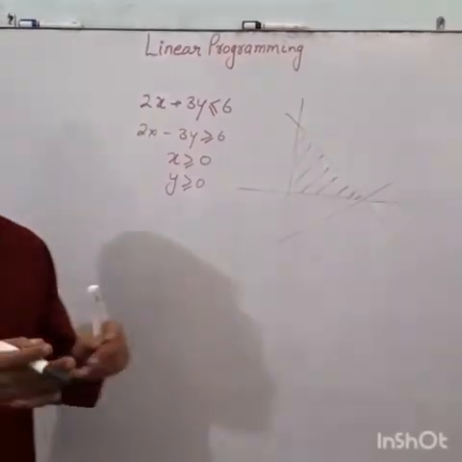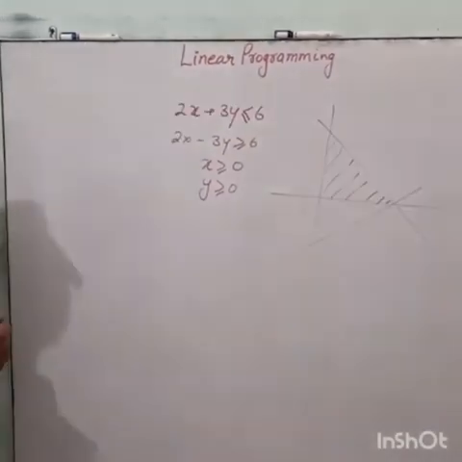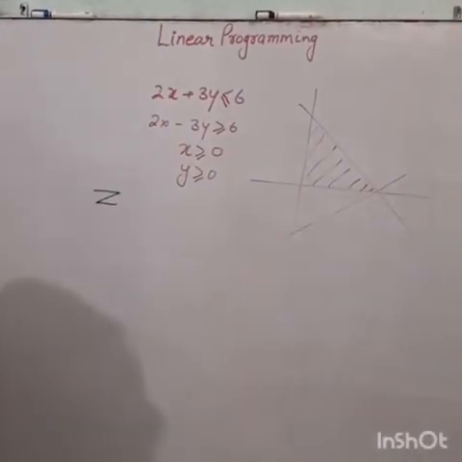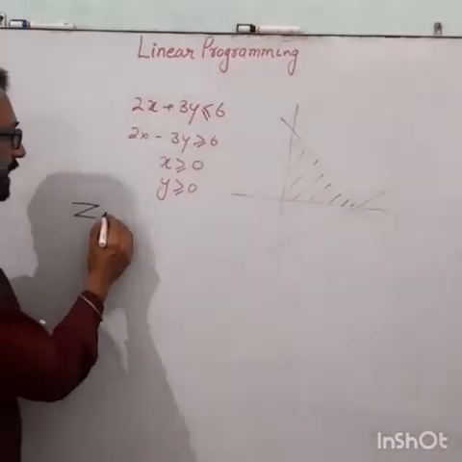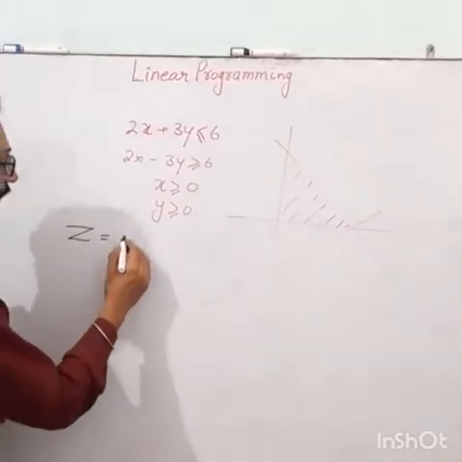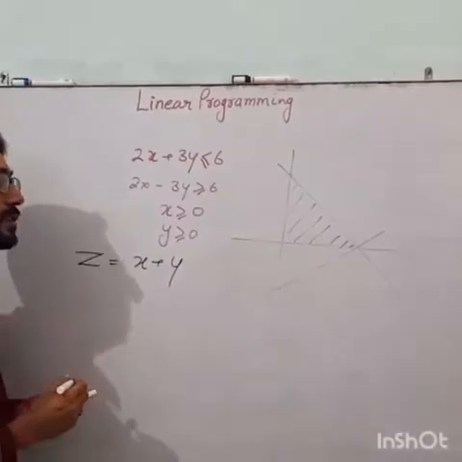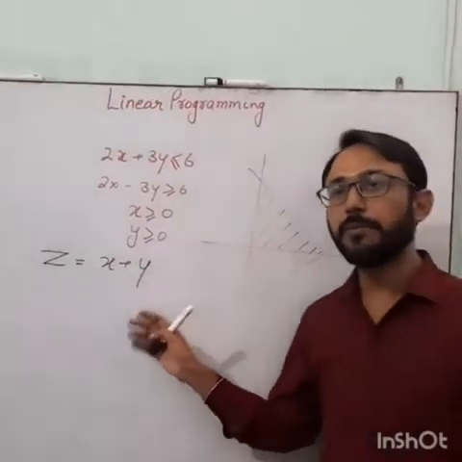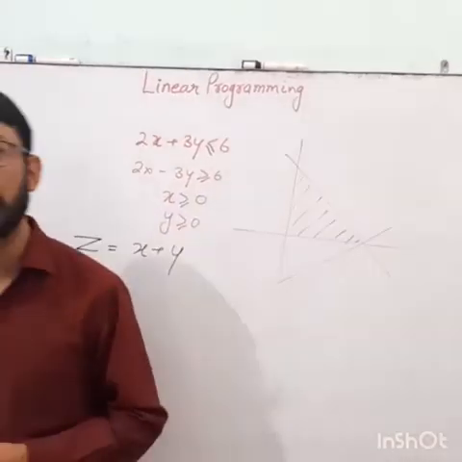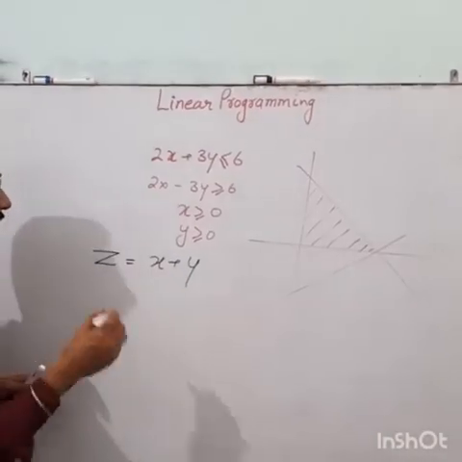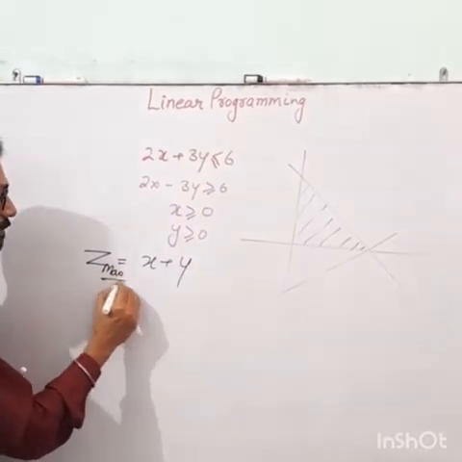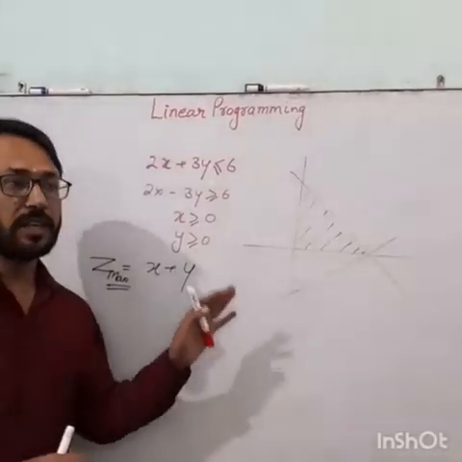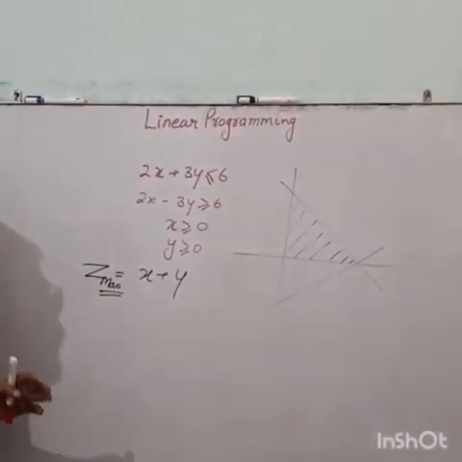In this, one new thing which we are going to get is the objective function. Objective function is represented with the symbol Z. Now Z could be anything. Z is like, it is given x plus y. So this is the Z. They might ask us to find the maximum value, meaning we have to maximize the given objective function, or minimize, either maximize or minimize the given situation. This will help us to calculate the conditions.